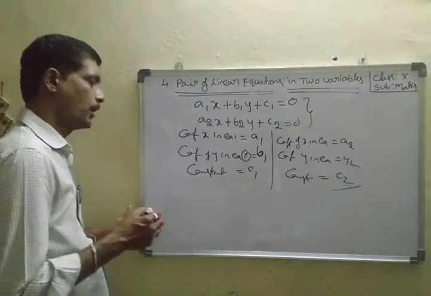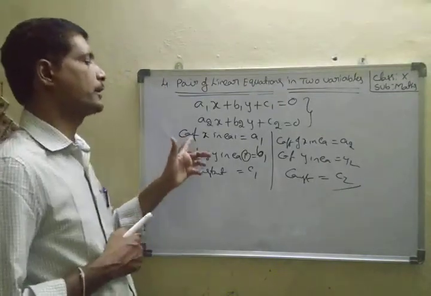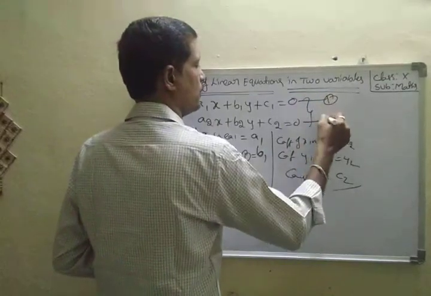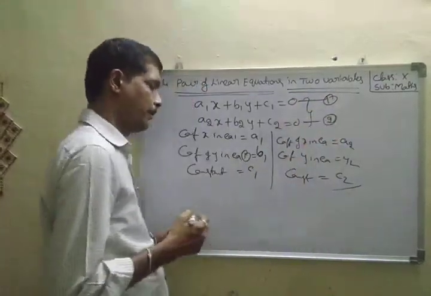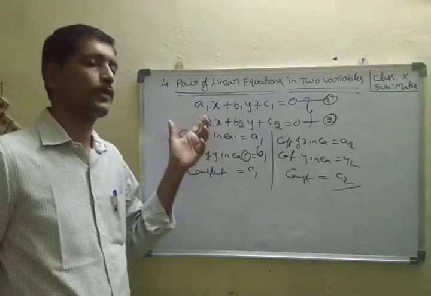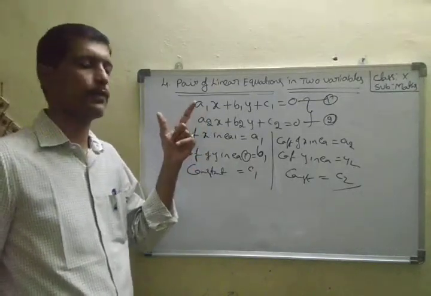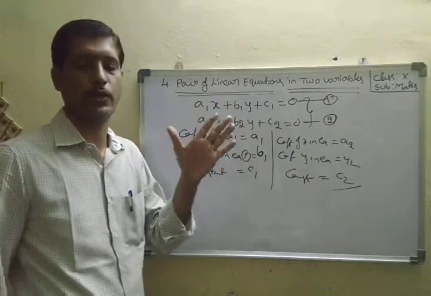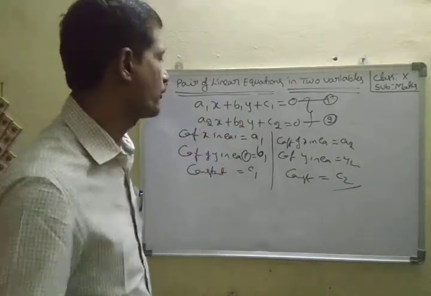First, these are the main terms. Here the coefficient of x in equation 1, therefore this is equation 1, and this is equation 2. Based on these equations, there are three types of conditions: the two equations have only one solution, infinite solutions, or no solution. Okay, first one,